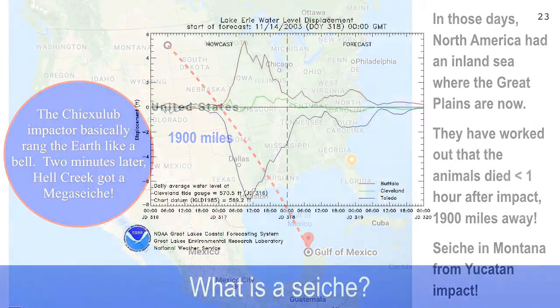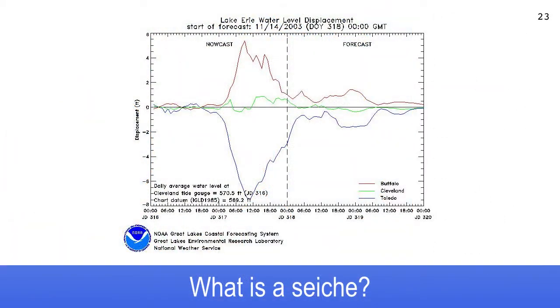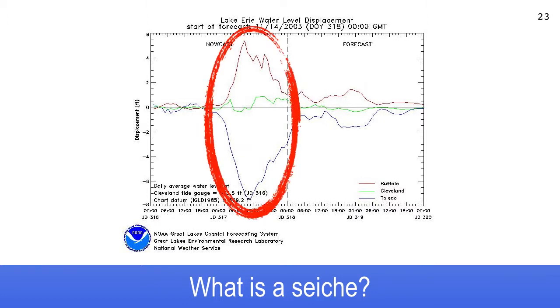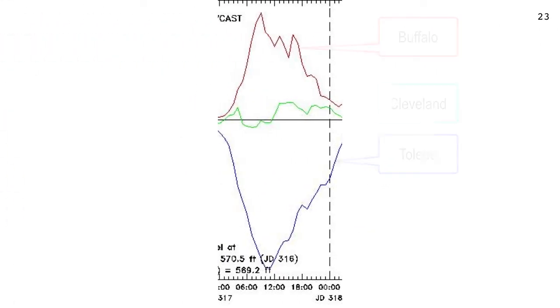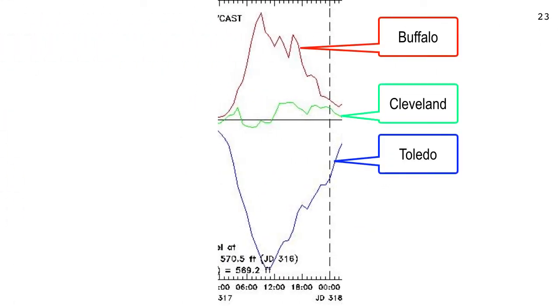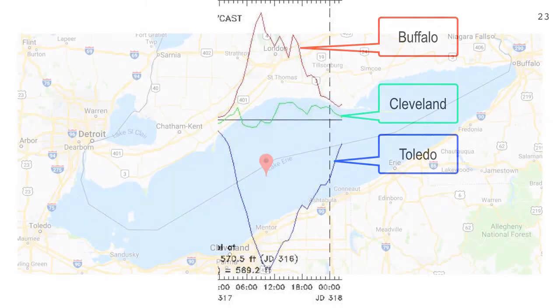Now here's what a seiche looks like on Lake Erie. Does that look like a wave or what? Let's look at this inner area here closely. This is the water level versus the average water level, and it's going up about 8 feet. Now let's look at this up close. The red part, the upper curve, is the water level in Buffalo. This is formed from atmospheric storms. The blue part is Toledo.